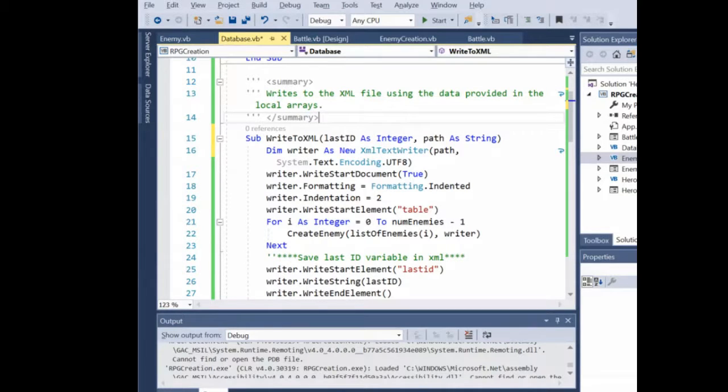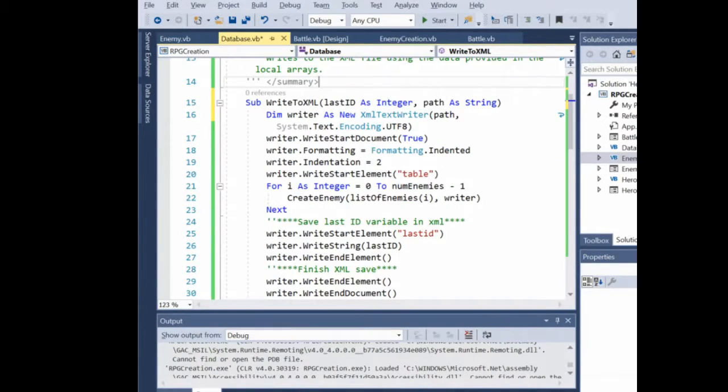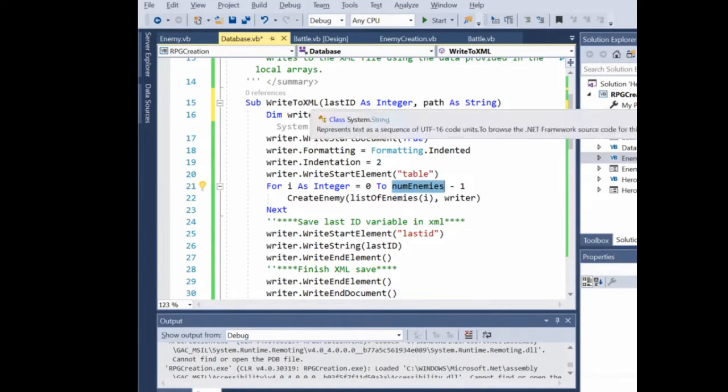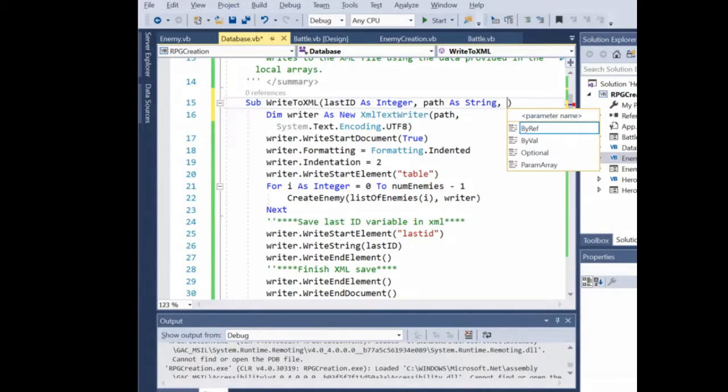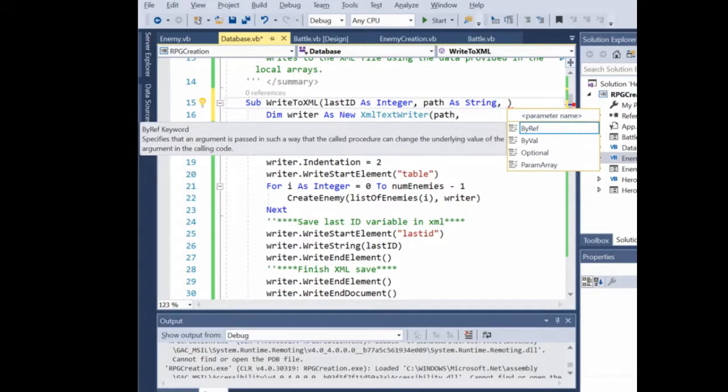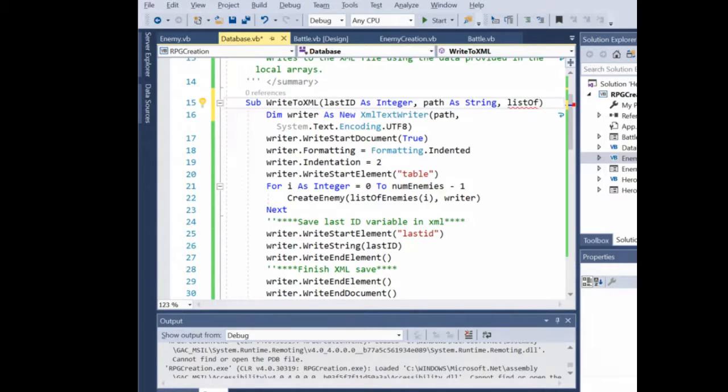And then next, I go line by line, look down. These lines, we've agreed that they're in common between all the XML. So what we're trying to do is just reduce duplicate code and generalize, abstract. Then this, num enemies -1. So I know that I need a list at a certain point. So might as well add in, instead of doing list of enemies, we'll call it list of,